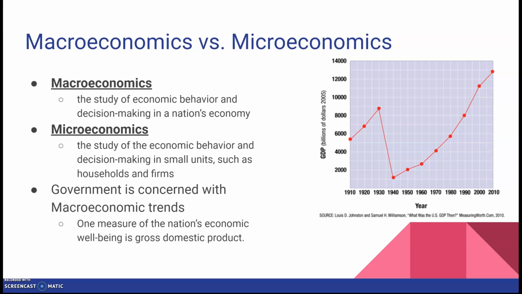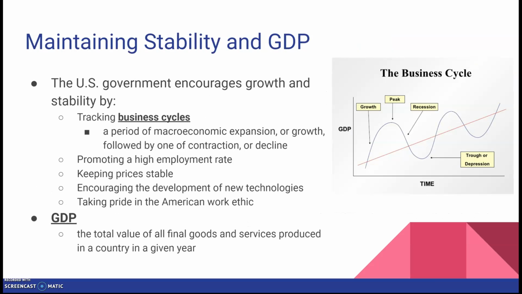Our government is most focused on the macroeconomic trends to make sure that our GDP, our gross domestic product, is enhanced and is working. When we do that, we look at the business cycle. Maybe you can remember that I had that graph in my classroom, but if not, there's a great one right here where the business cycle goes up and down and up and down. It does not really fall under the law of physics. What goes down must go up, but what goes up must go down, and vice versa. So the business cycle is measured in growths, peaks, recessions, and troughs or depressions,